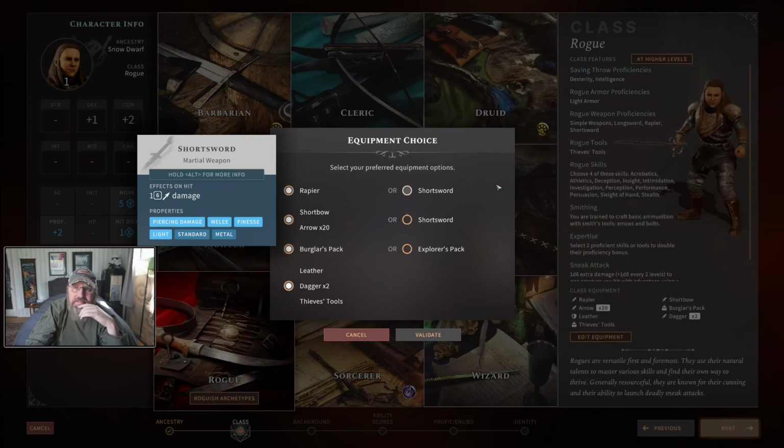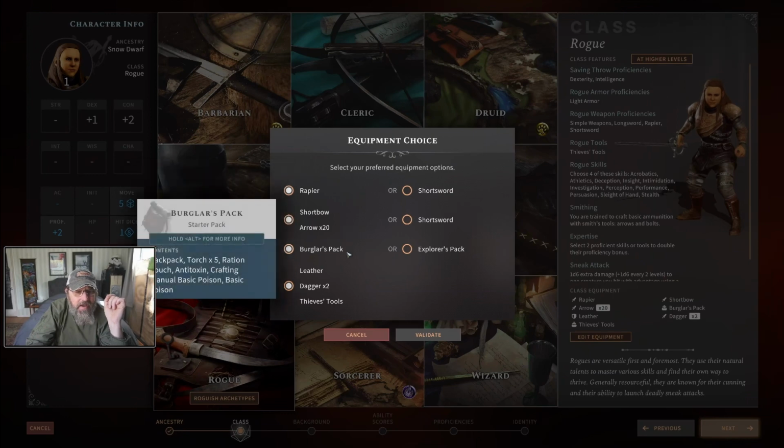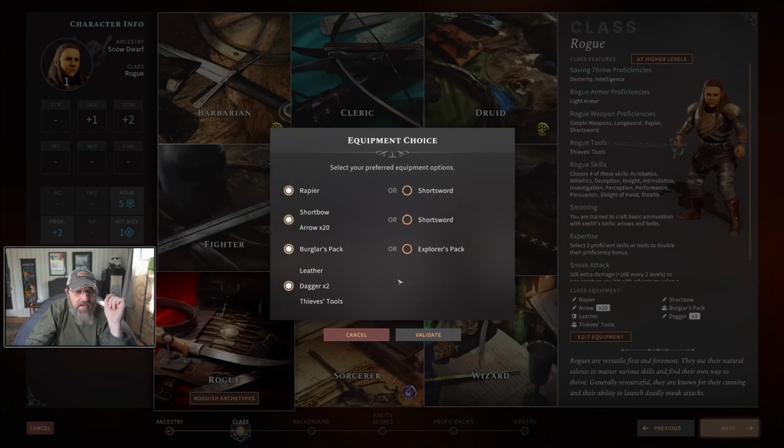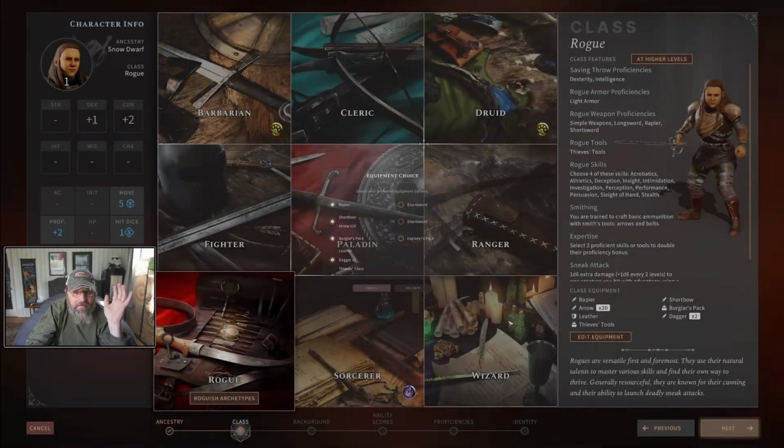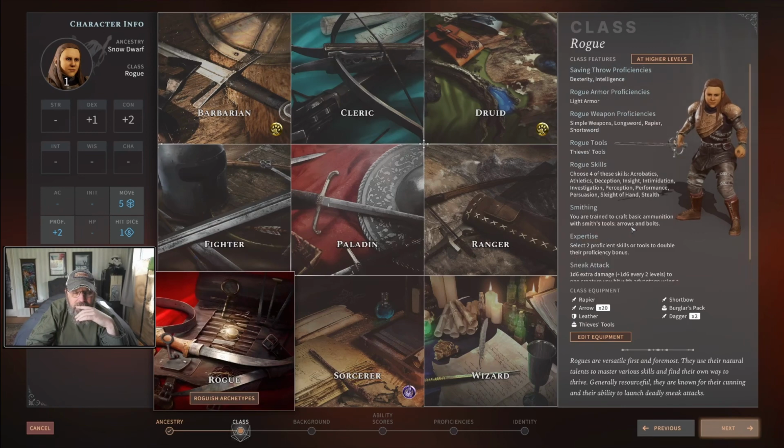Of course, the negative is, well, that's fine. No, we go more strength based on this than dex based, right? I think it said we get medium, so rapier's fine. Short bow, burglar's pack, couple daggers. Yeah, I'm okay with that. We'll validate that. We get smithing. It's like two proficiency skills or tools double their proficiency bonus. Okay. Did we... Hold on, I forgot. Did we get...